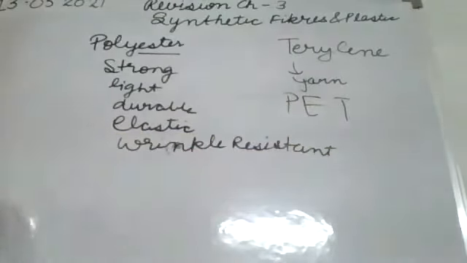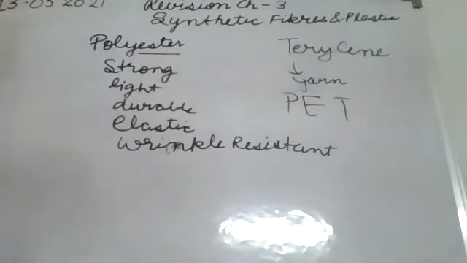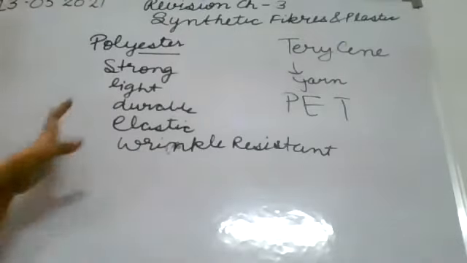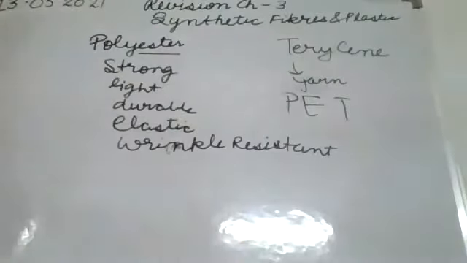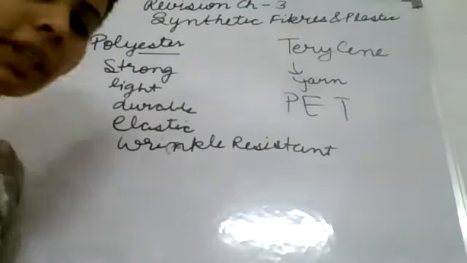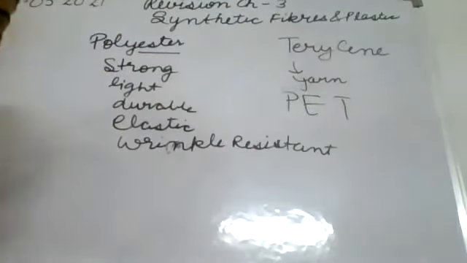So there are so many uses of it. It is used for making utensils and films and wire. Here the film means the thin sheet that is transparent or maybe colored also. Clear? So we have studied nylon, rayon, polyester and terylene and PET. If you have any doubt up to this topic, then you will ask. Only then we will proceed further.